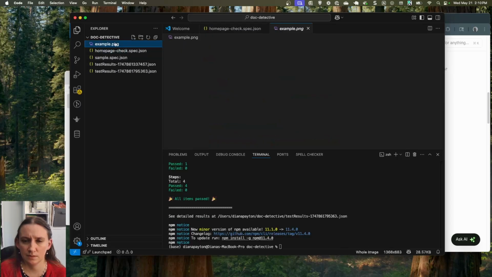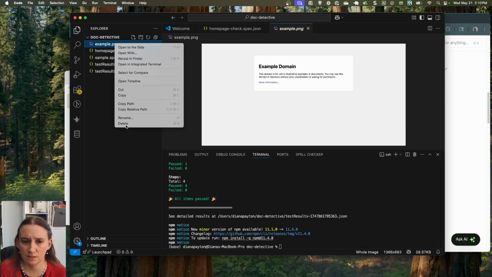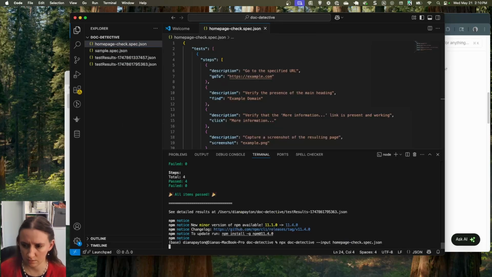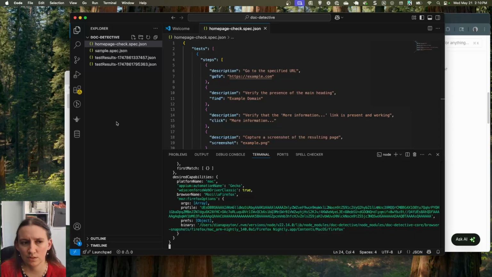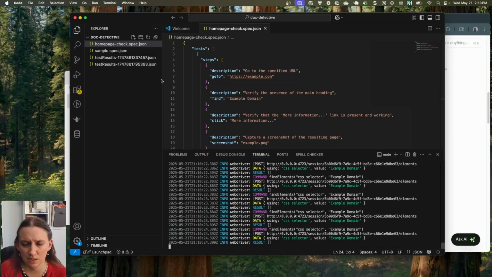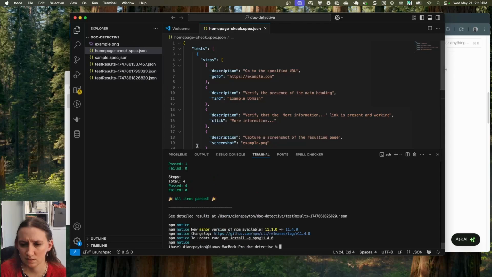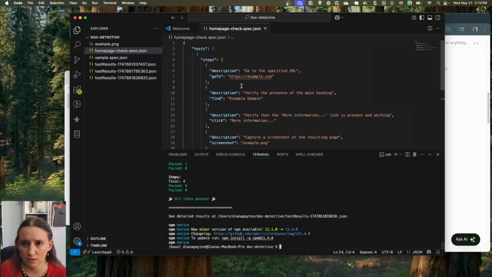Okay, except example.png was here already. What happens if I delete it and run it again? I wonder if, when I did the touch command, that ran the spec and just dropped it in without telling me. I'm not sure. All right, well, we have a bunch of passed tests, cool, and so it went to the URL,